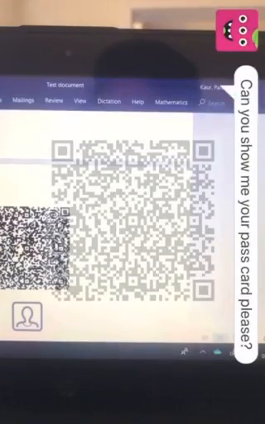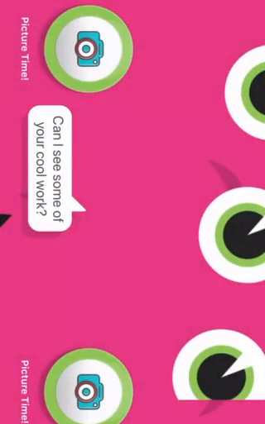Can I see some of your homework? Go for your child's barcode, and then you can click a picture of the work,